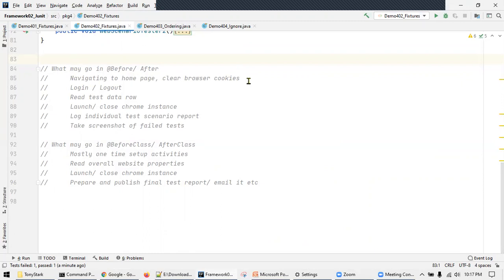So this may go as a before, because before every test case, you would want to go to this home page. You want to log in, log out. So again, in before and after, you want to read some specific data for that particular test case or test scenario. You want to launch and close a Chrome instance or any browser instance. You want to log some individual test scenario reports, and probably if you want to take a screenshot of the failed test cases, that will go in the